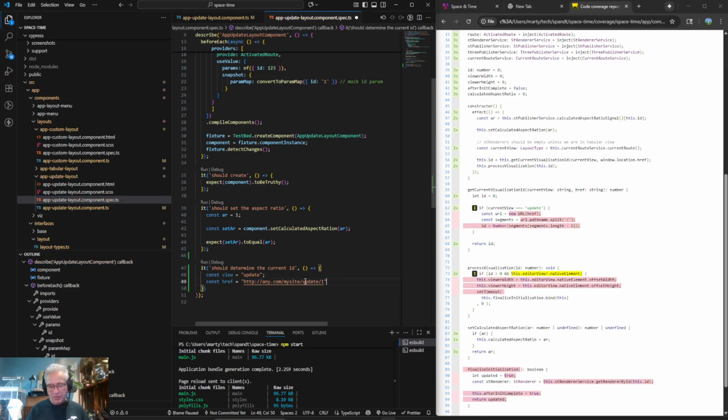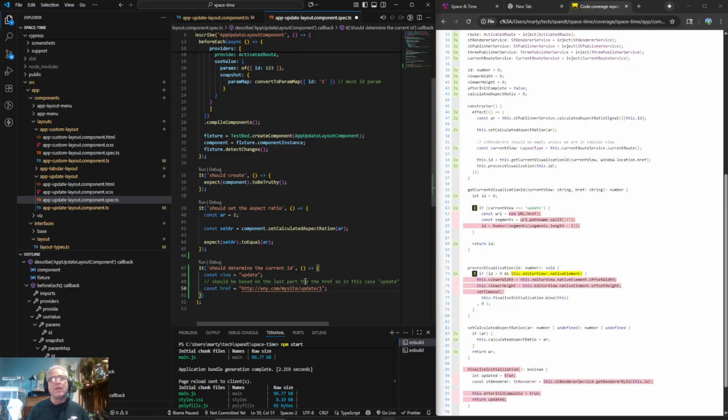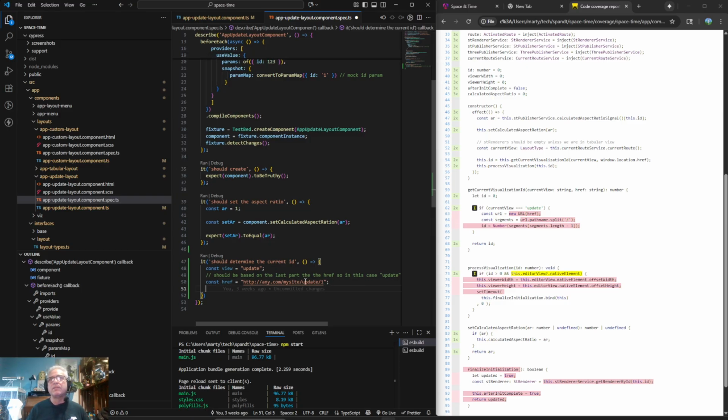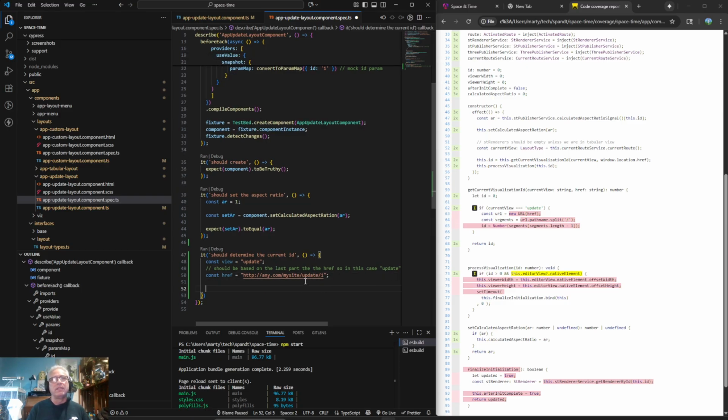This is probably a good place to put maybe a little comment. This should be based on the last part of the href. So in this case, update. So all we care about is what's right at the end there, theoretically. And I guess we're testing that now. And then